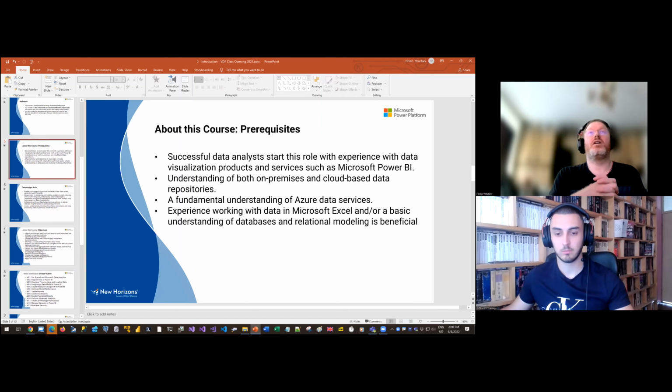To be a good data analyst and to get the most benefit from this course, you need to have some experience with data visualization products and services, like Power BI, but it can be others like Tableau, reporting services and other data visualization products, maybe even Excel. If Excel was used for data analysis, all of this will help you better understand and gain more